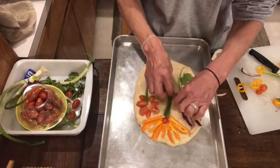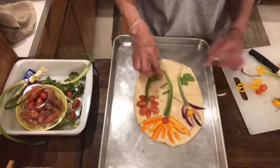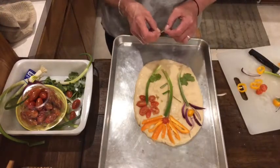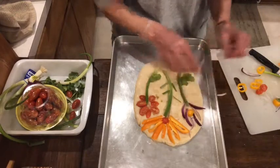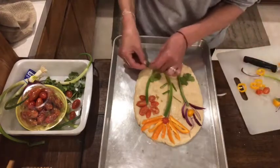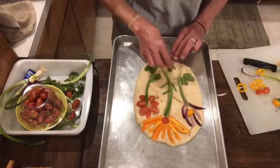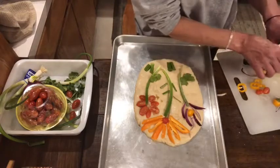Now, you could keep going with the decorating. I would love to see you guys do this and send in some pictures. I hope you guys try this. I really do. I'm glad you guys are liking it. I think it's pretty fun, and honestly, it tastes really good. Everybody in my house really enjoyed eating these. So I'm just gonna put a little bit of grass down here with my extra green onion. Obviously, you guys, the more garnishing you put on here, the better your